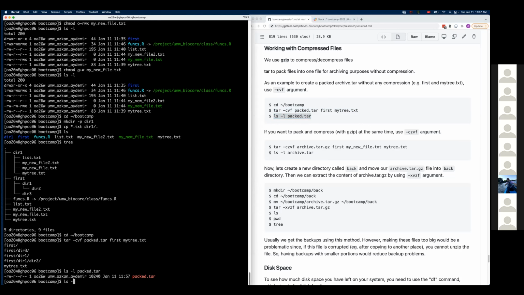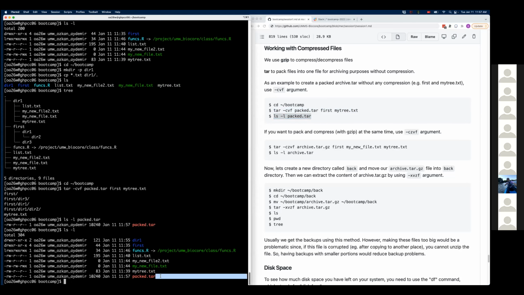If we just do ls -l, we see we created this packed tar file, and now it includes the first folder as well as the my text tree file.